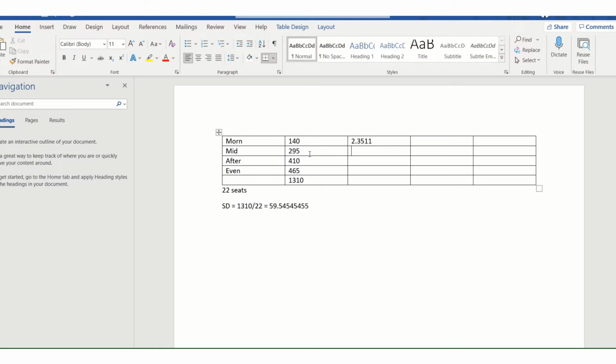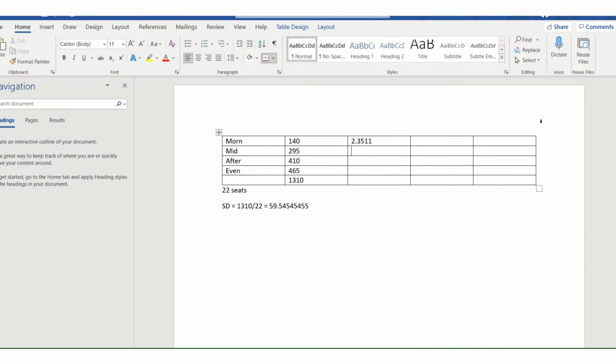And hopefully I won't need more than 4. And then let's take 295 and divide it by that standard divisor. And I get, okay,